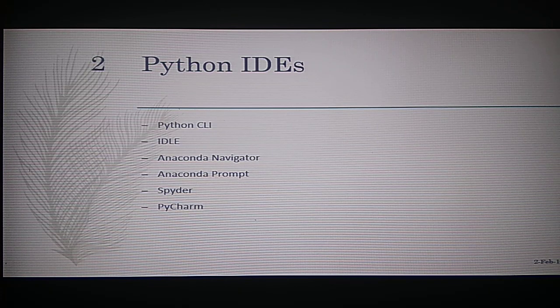We have seen the Python CLI, IDLE, Anaconda Navigator, Anaconda Prompt, Spyder and PyCharm. You can select any one of these. However, using Anaconda along with PyCharm or Spyder is always the best option, as you don't need to manage your packages. They will be available by default. However, you can use the pip and the conda commands to install the required packages if any.